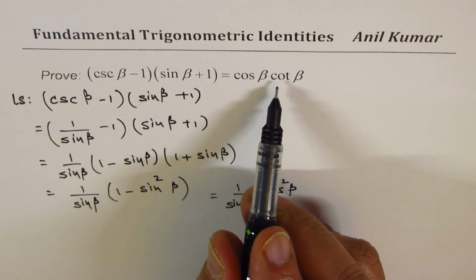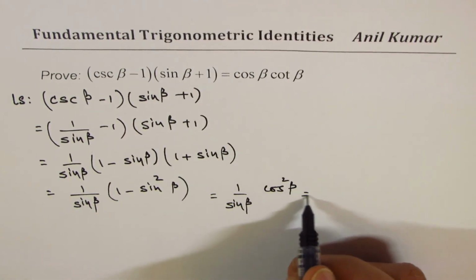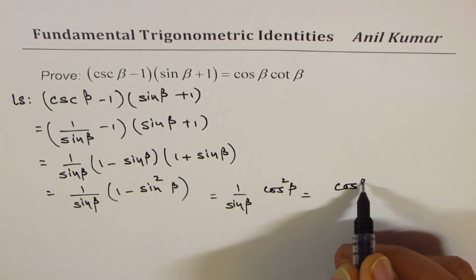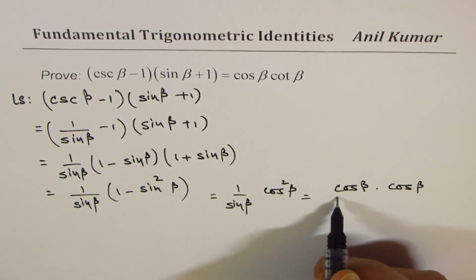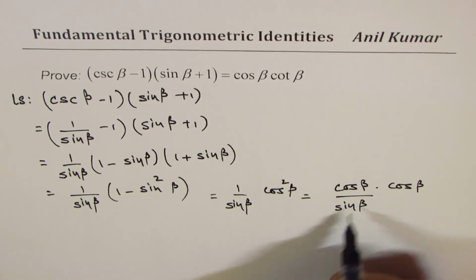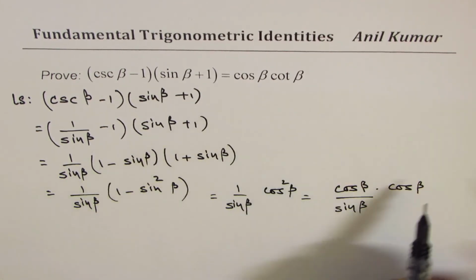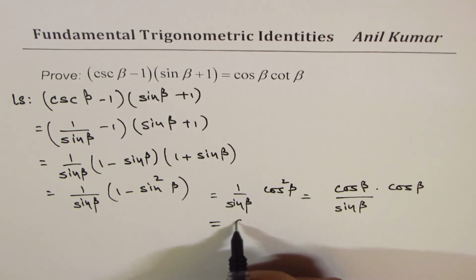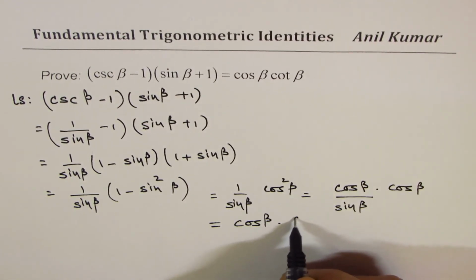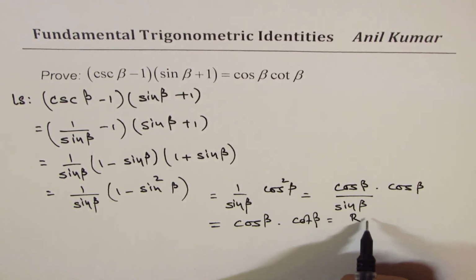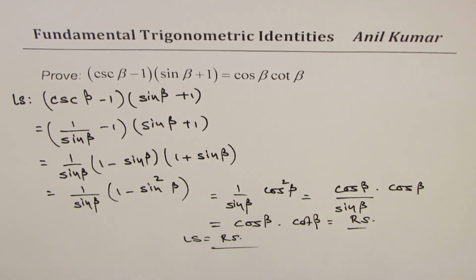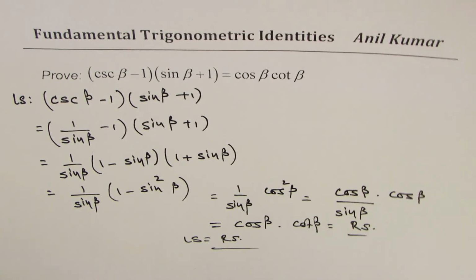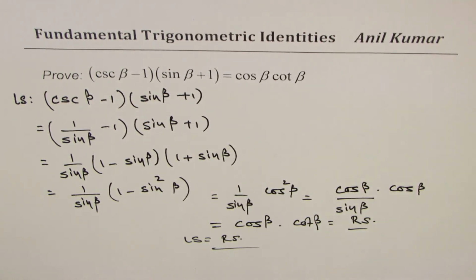Well, we need cos beta times cot beta. So I could write this as cos beta times cos beta divided by sine beta, right? Cos over sine is cotangent and this is cos beta. So I could write this as cos beta times cot beta, which is same as the right side. So we have shown how left side is equals to right side. Is it okay? So this was a good exercise to understand how to use a strategy to prove trigonometric identities,